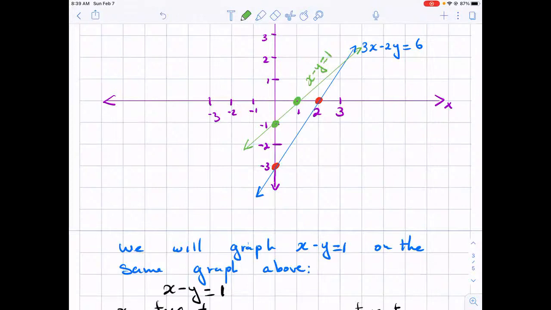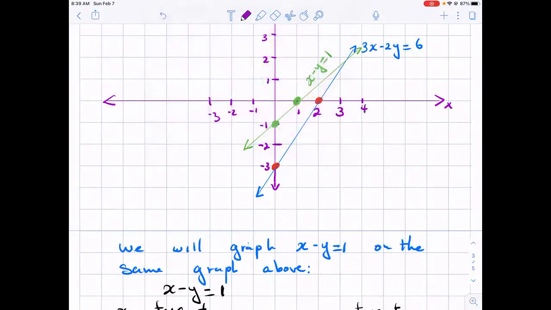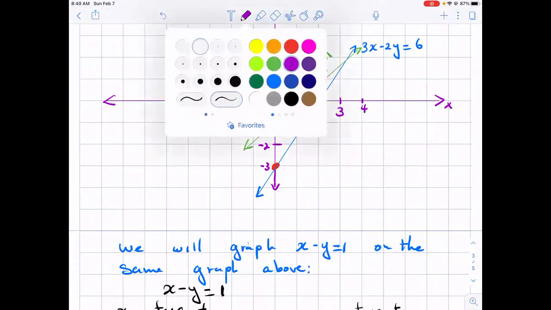Now, you will see that these two lines do intersect, but they intersect at some point that is not that clear to read from the graph. So this here, whatever this point is,